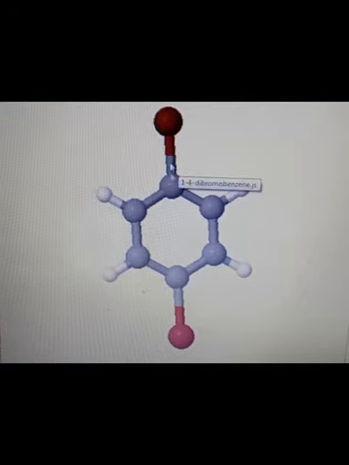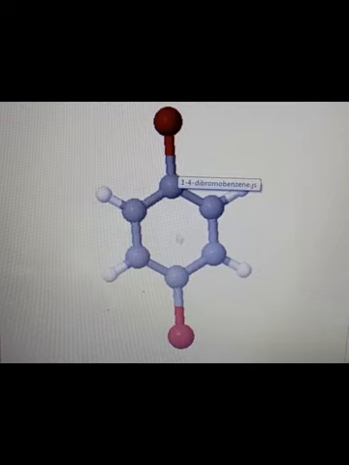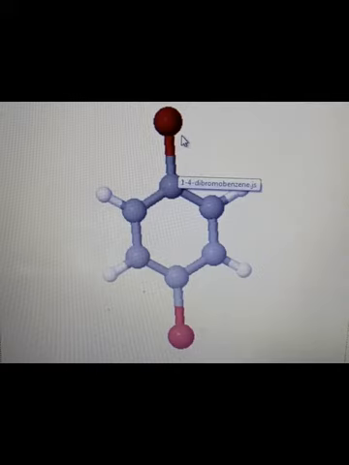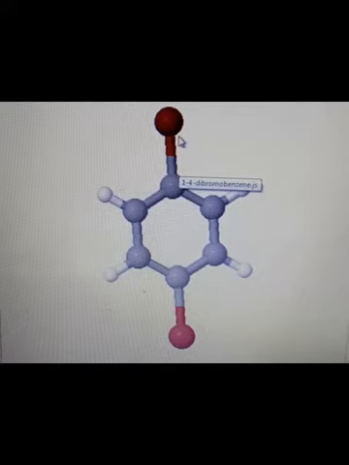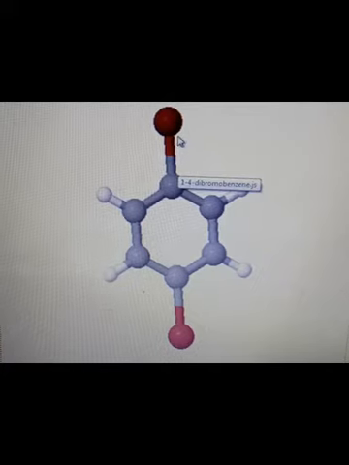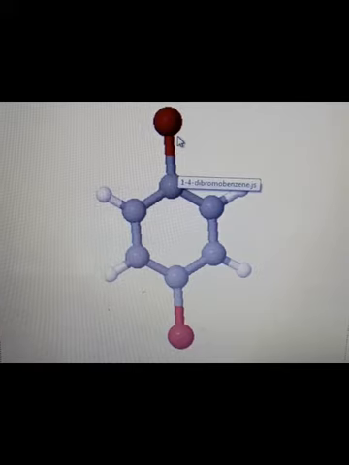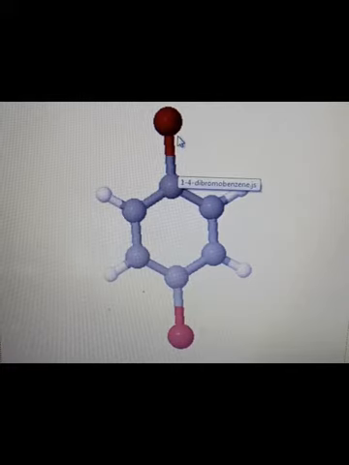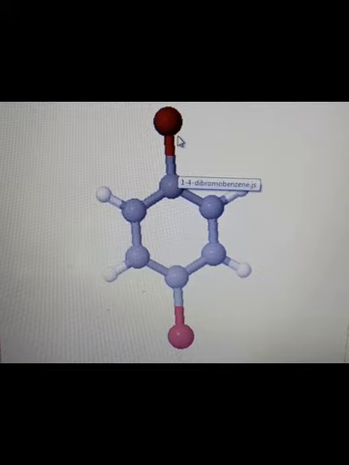This is the 1,4 dibromobenzene. This is the benzene ring with the 2 bromine atoms at the 1 and 4 position. This molecule comes under the D2H point group, since the D2H point group has a C2 principal rotational axis of symmetry and 2 C2s perpendicular to C2, 2 sigma v's, sigma h and S2 improper axis of symmetry. Now let us look at the symmetry elements present in this molecule.